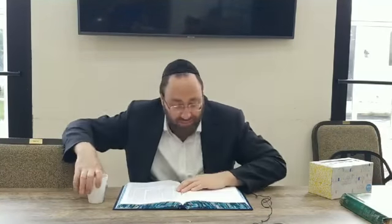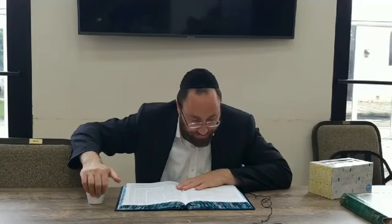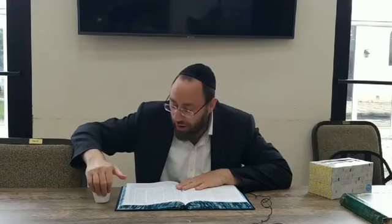If a child does an aveira, it could be that nobody has to really take him away from the aveira, unless it's his father, for chinuch. But to actually make him do the aveira, that's an issur. So the Gemara says, "If so, then why..."